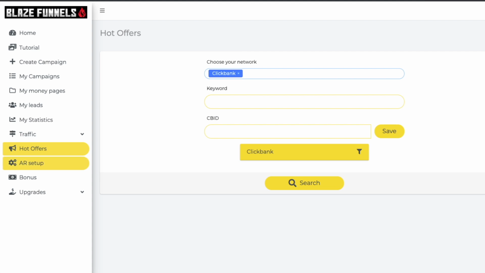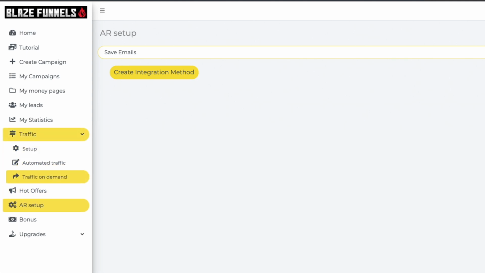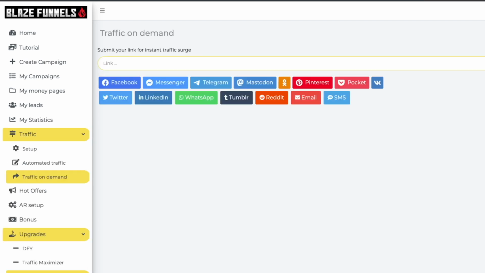So depending on that, you can select your offer, and they have got this autoresponder setup. And these are the different main autoresponders which are available to connect. And if you do not have your autoresponder, you can still connect it using the code which is covered inside the training. And as I said, the traffic part, these are very less on this. There is a traffic on demand as well, which is basically like you send the traffic to these social media platforms.